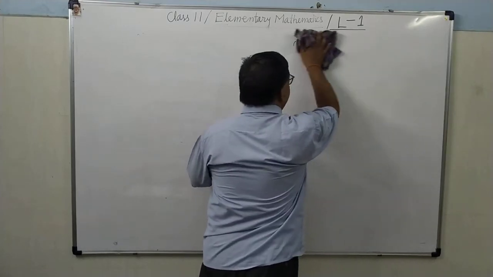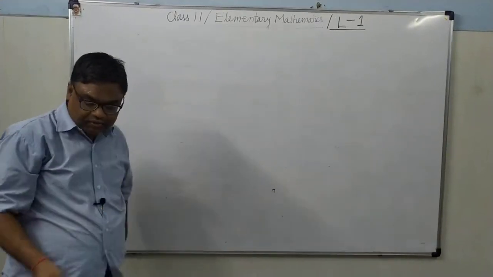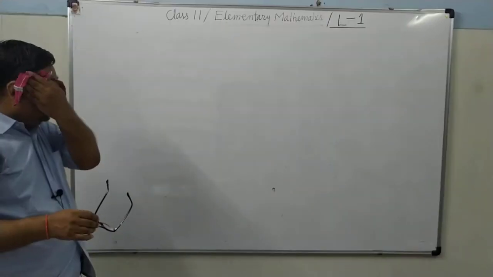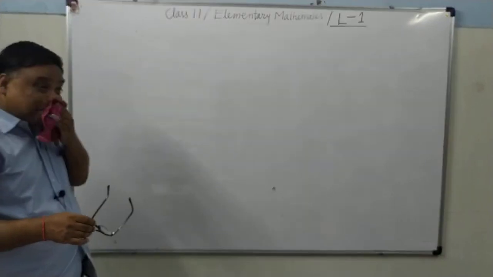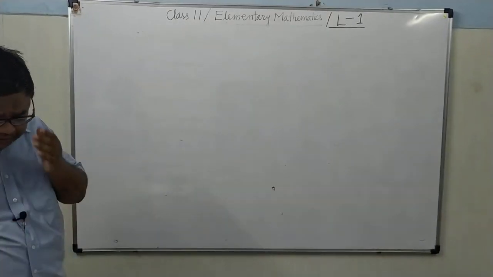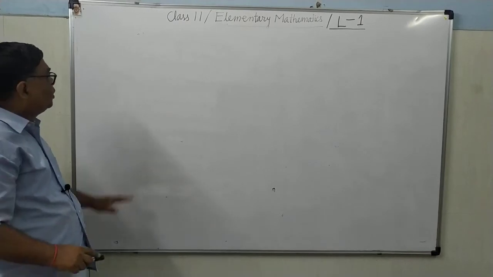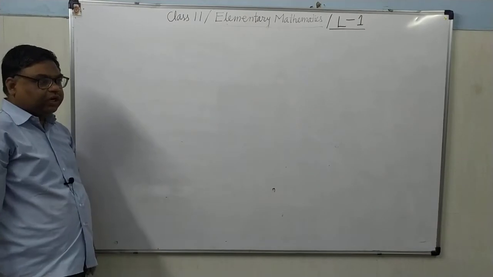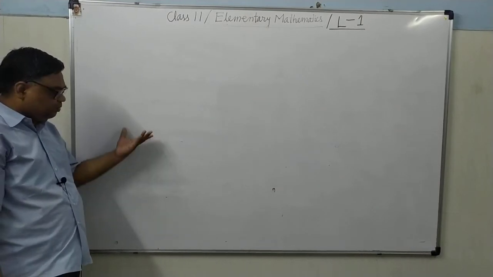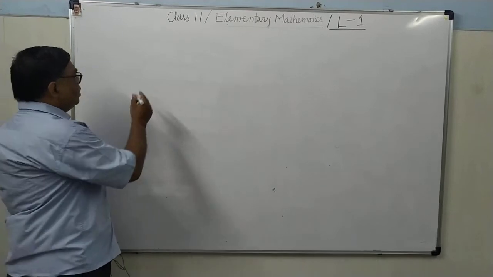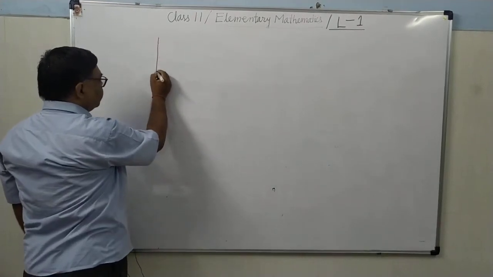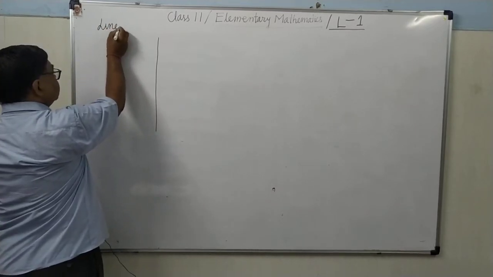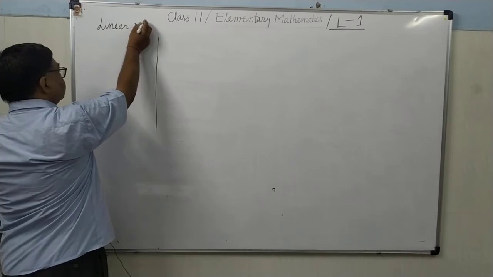Now see here. Now I am going to discuss the graphs of linear relation, whose equation is like y equals mx plus c, y equals 2x plus 3, or minus 2x plus 3. Many relations I have written here. Is it clear? So see here, this is for linear relation.